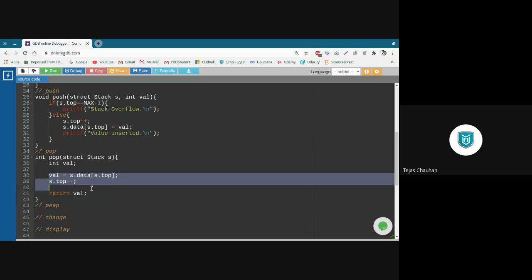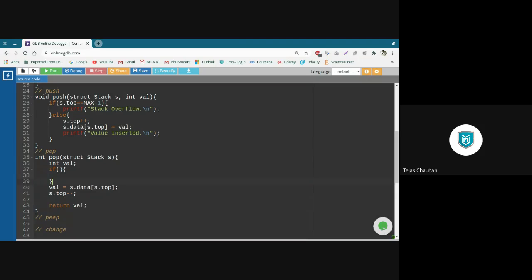But before I get that value, I need to check whether my stack has a value or not. So this entire thing will go in the else part. If my stack is empty, then I cannot take any value from the data array. So how do we check whether your stack is empty or not? You can check it by top. When we initialize our stack, it is -1, so -1 indicates it's empty right now.